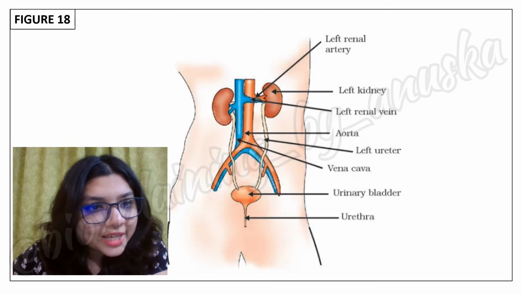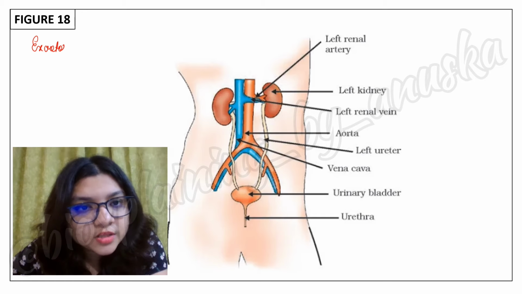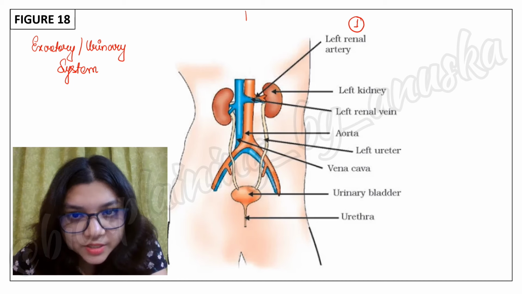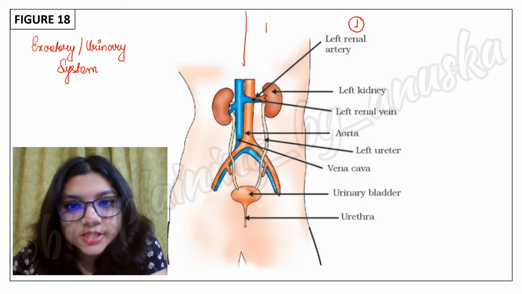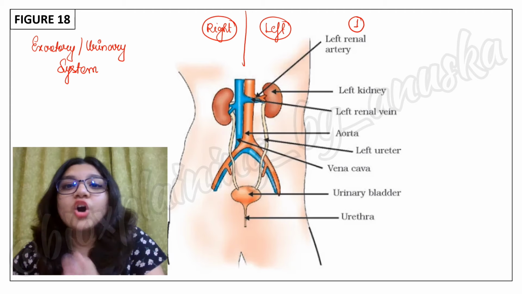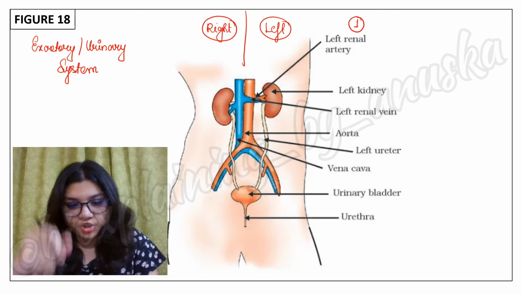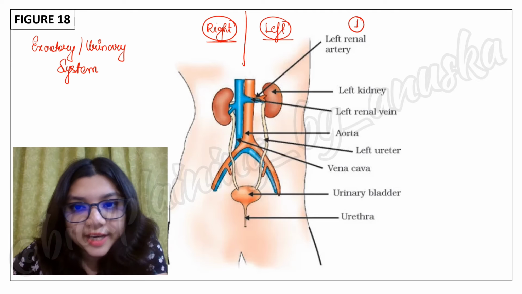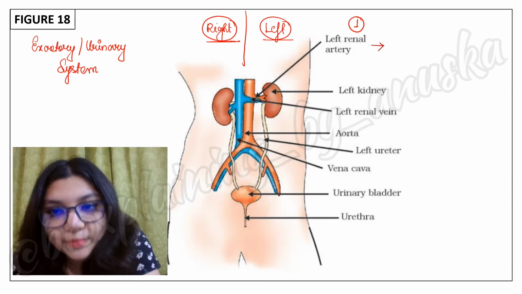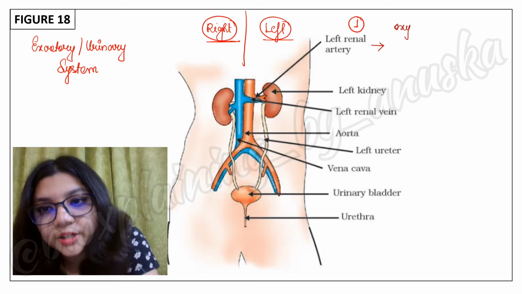The figure that we are looking at is the excretory system in humans, or specifically you can also call it the urinary system in humans. Part number 1 is the left renal artery. I hope this much is clear to everyone, that this side is the left part and this side is the right part. Why? Because whatever you see in the figure is your body, right? So you will see a mirror image as you draw. So this is left and this is right. So left renal artery. What is the function? The left renal artery will be carrying oxygenated blood